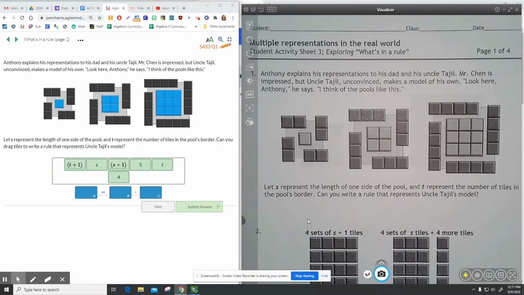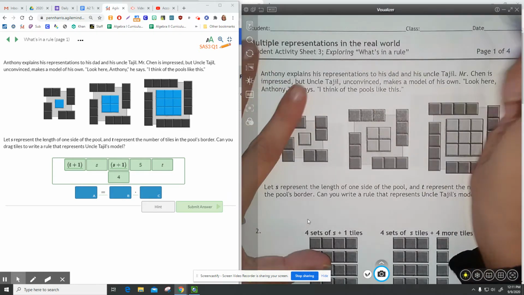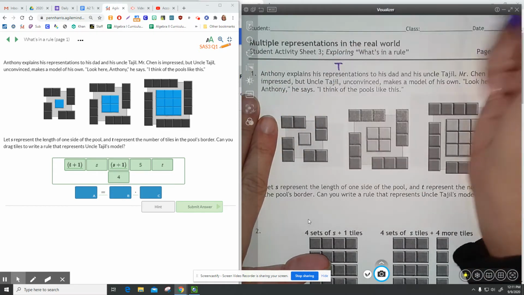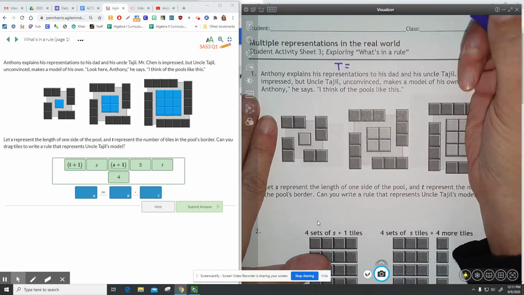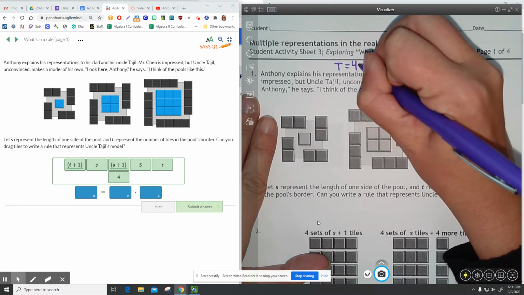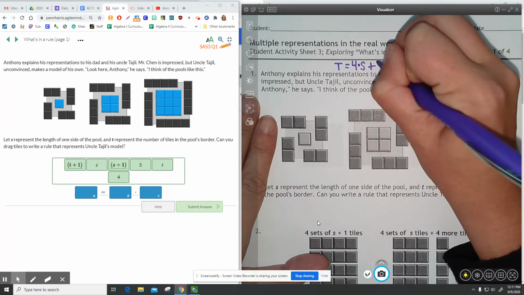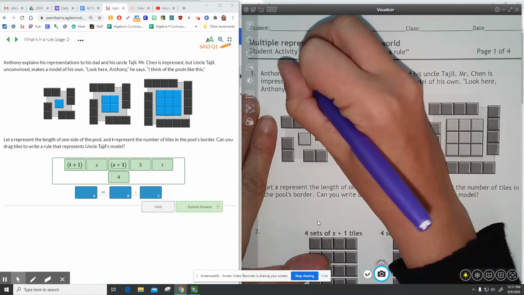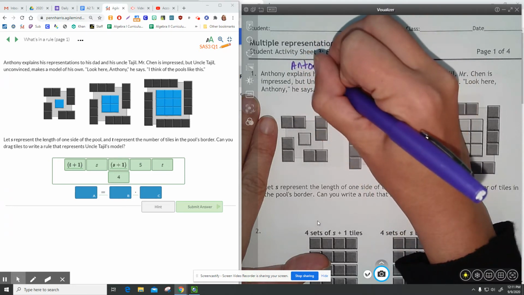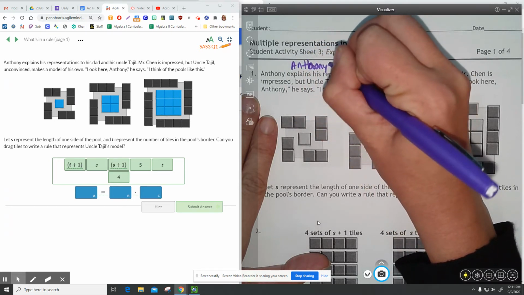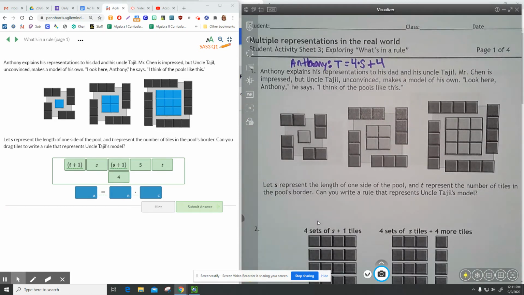Okay, so if you think back to our problem with Anthony and his dad, Mr. Chen, Anthony, if you remember correctly, came up with the equation that the total number of tiles he would need is the same as saying 4 times the length of the side plus 4 corner tiles. So this is Anthony's. He brings his models and his equation to his dad and his uncle. His dad is like, great job. But uncle,